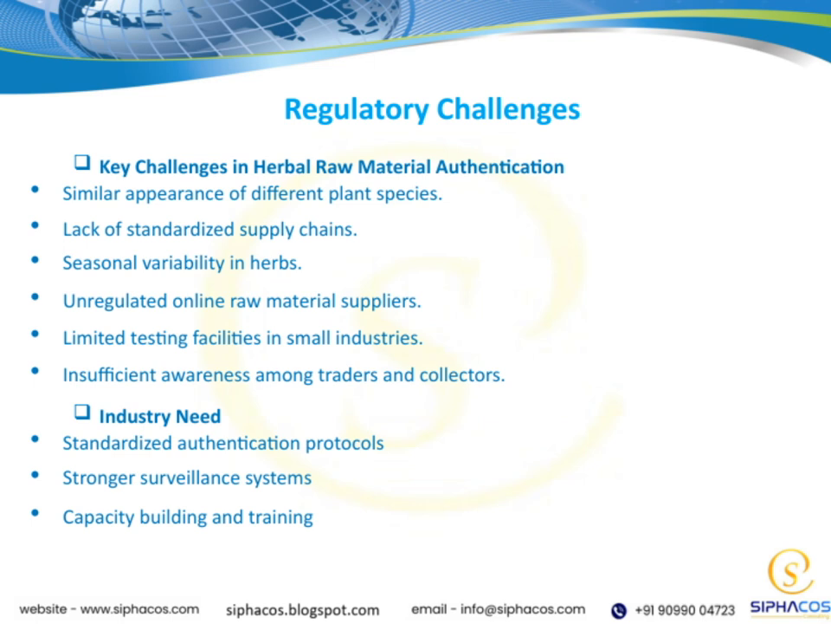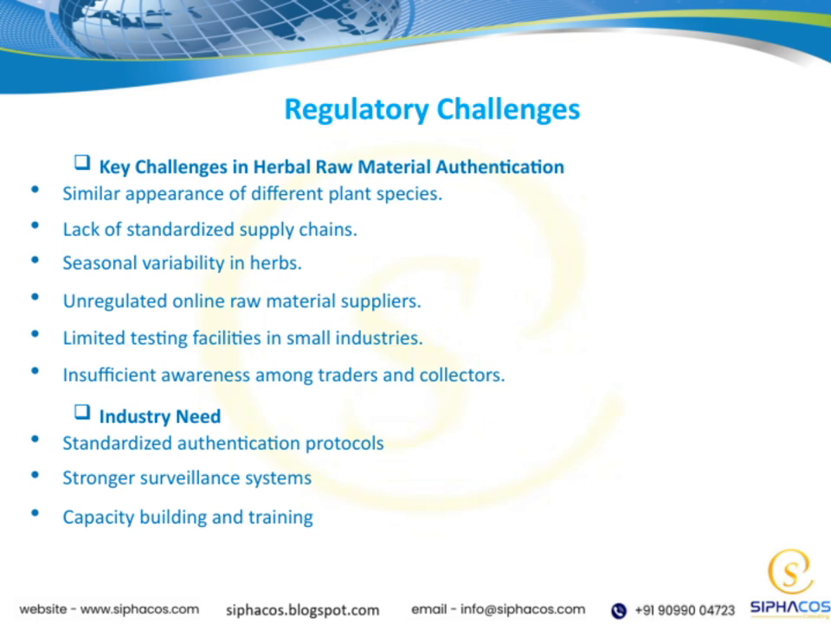Another challenge is the lack of standardized supply chains, making it difficult to trace the origin and ensure consistency. Seasonal variability also plays a role, as the availability and potency of herbs can change throughout the year. Additionally, many online raw material suppliers operate without proper regulation, increasing the risk of adulteration and substandard products. Smaller industries often lack the testing facilities necessary for thorough quality checks, which hampers their ability to authenticate raw materials effectively. Moreover, there's generally limited awareness among traders and collectors about the importance of proper authentication, which further complicates the